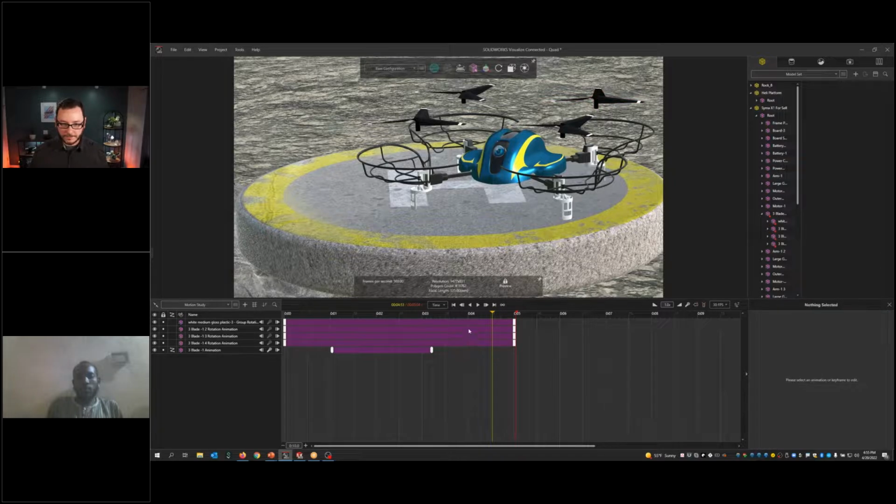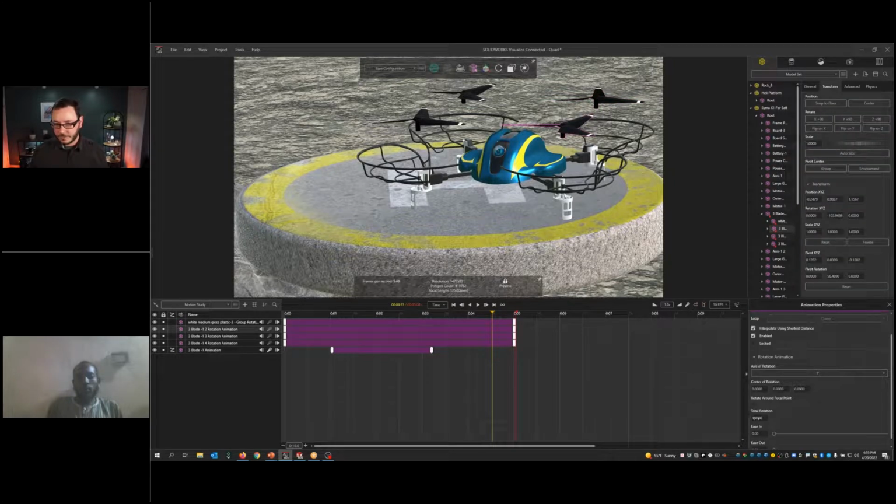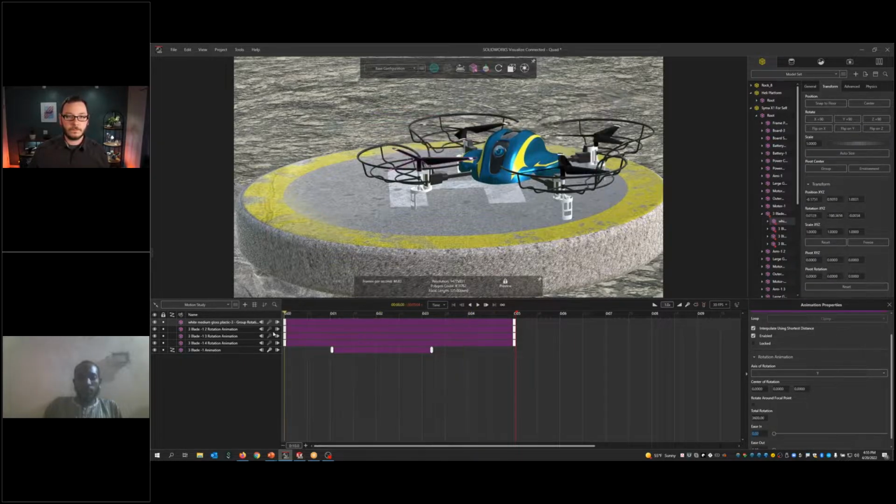Something like that. Have these spin even faster. Okay. Now we should see these spin even quicker. There they go. Now at this point, once I get whatever motion it is that I'm trying to go after, it's really just